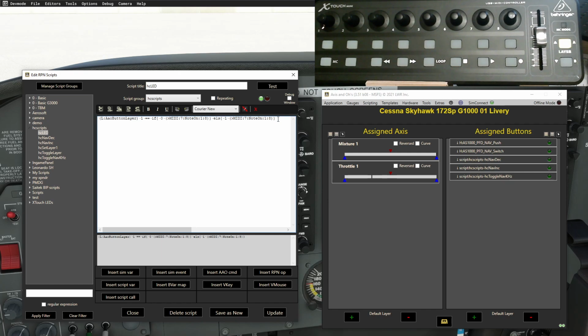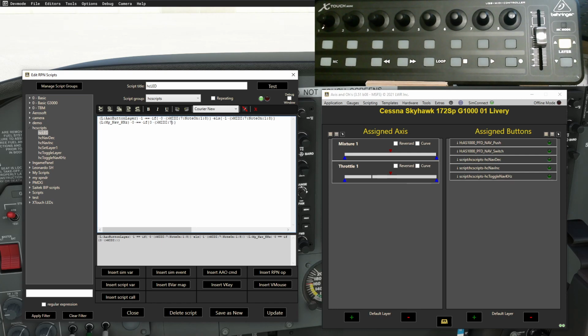As before, we need to know what our variable is up to, the one we created ages ago. My nav kilohertz, and we want to know, are you 0? Because if you are, we're going to make sure the LEDs are turned off. So my curly brackets in, and what that means is we're going to send a 0 via MIDI, so output to MIDI